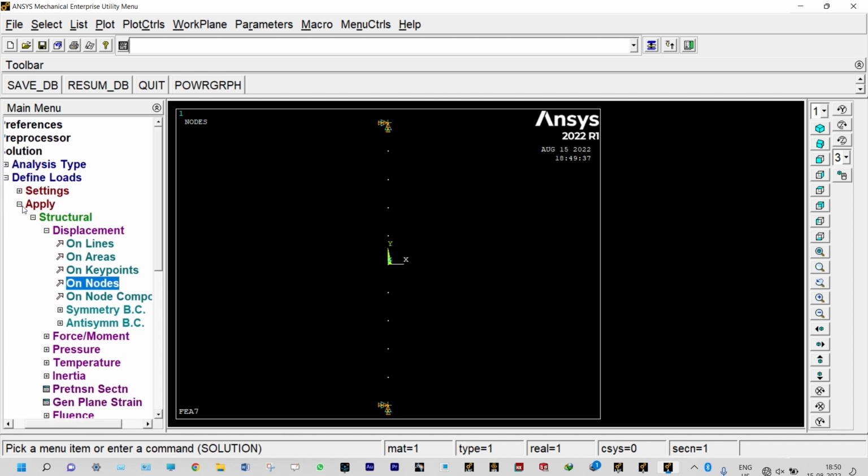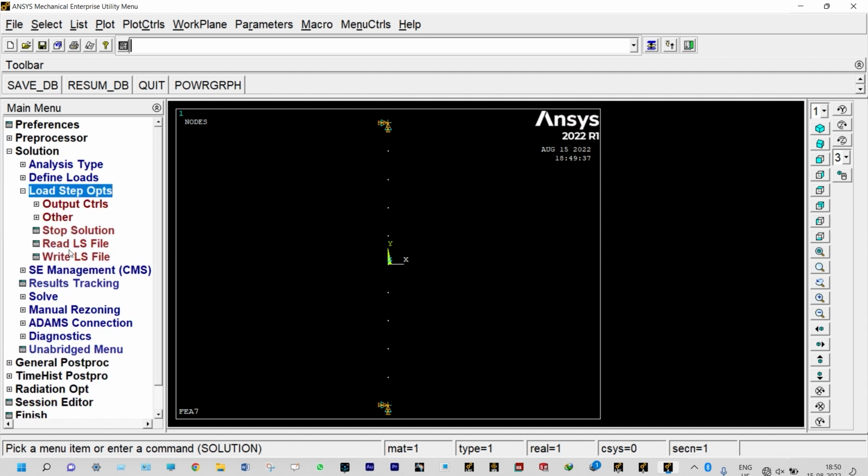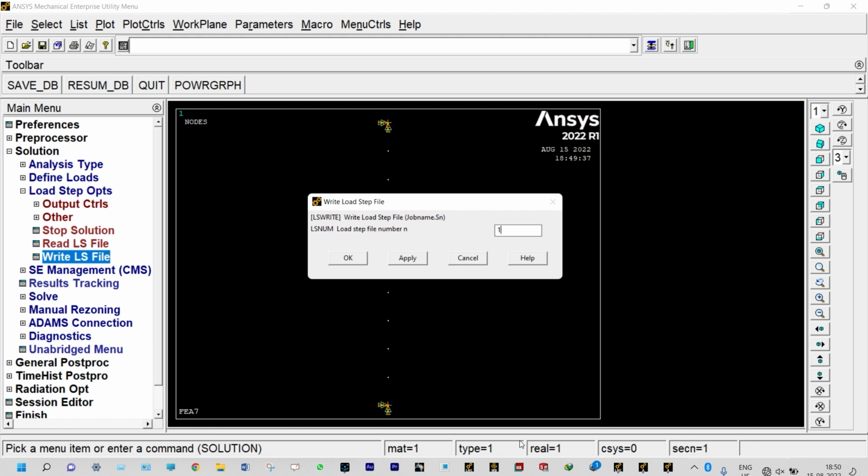Right, now the thing is, in this case we'll be doing something else, not like the normal one. We have applied one boundary condition, then we can go to load step options and from here we need to write ls file. Let us consider this file as ls file 1,